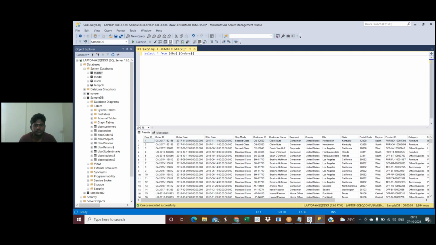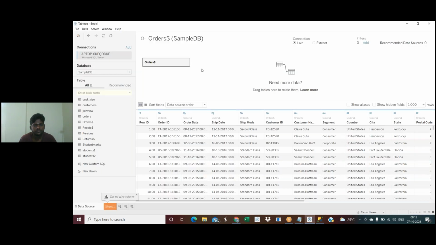So now we have finished connecting with the database. If you want, you can connect with another table or another database as well, based on the requirement. In real time also, we connect with the SQL Server information in the same way. Based on which database we want to use and which table we want to pull, you select the database, then drag and drop the table here. That's it. The connection part is done.